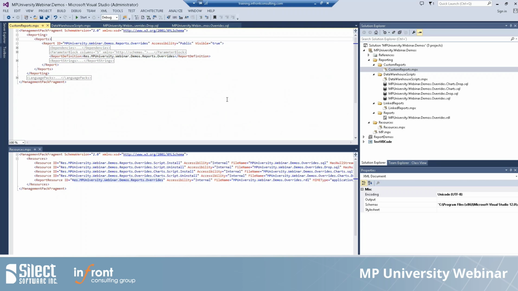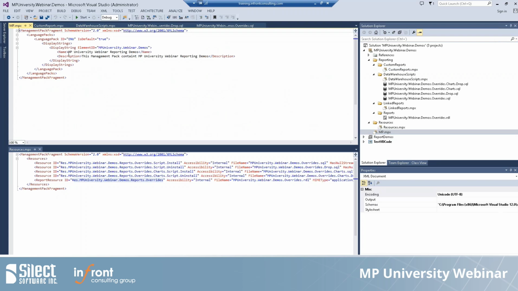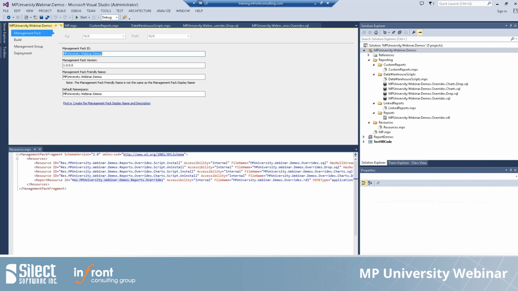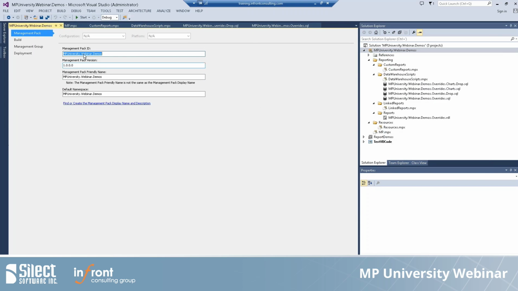And then once we got the definition of the report already, like in this sample, we are going to be able to build the MP. So my MP in this case, this is the name of the MP I'm using. So once again, as Brian mentioned before, if I go to the properties of the MP,